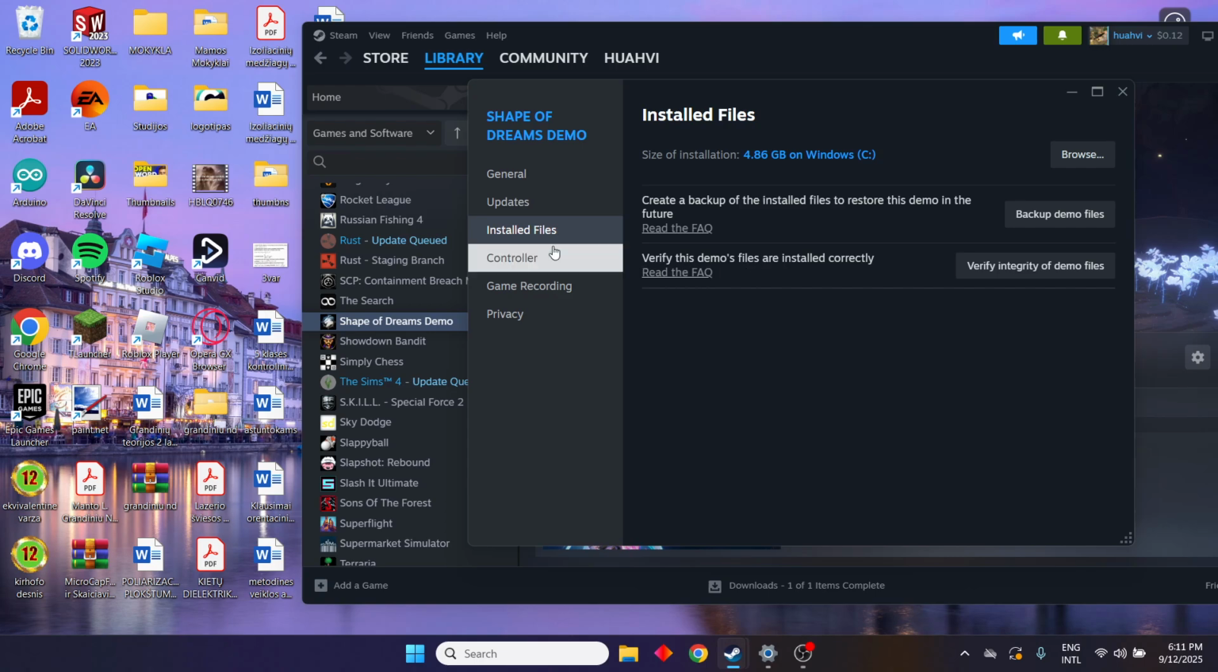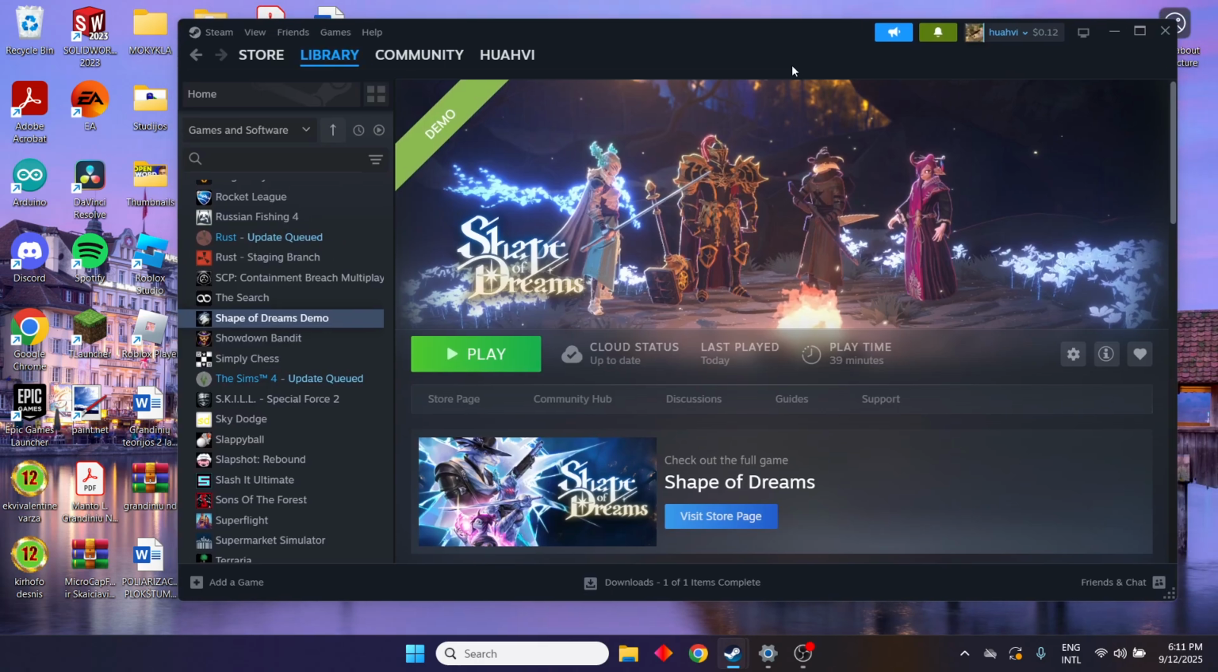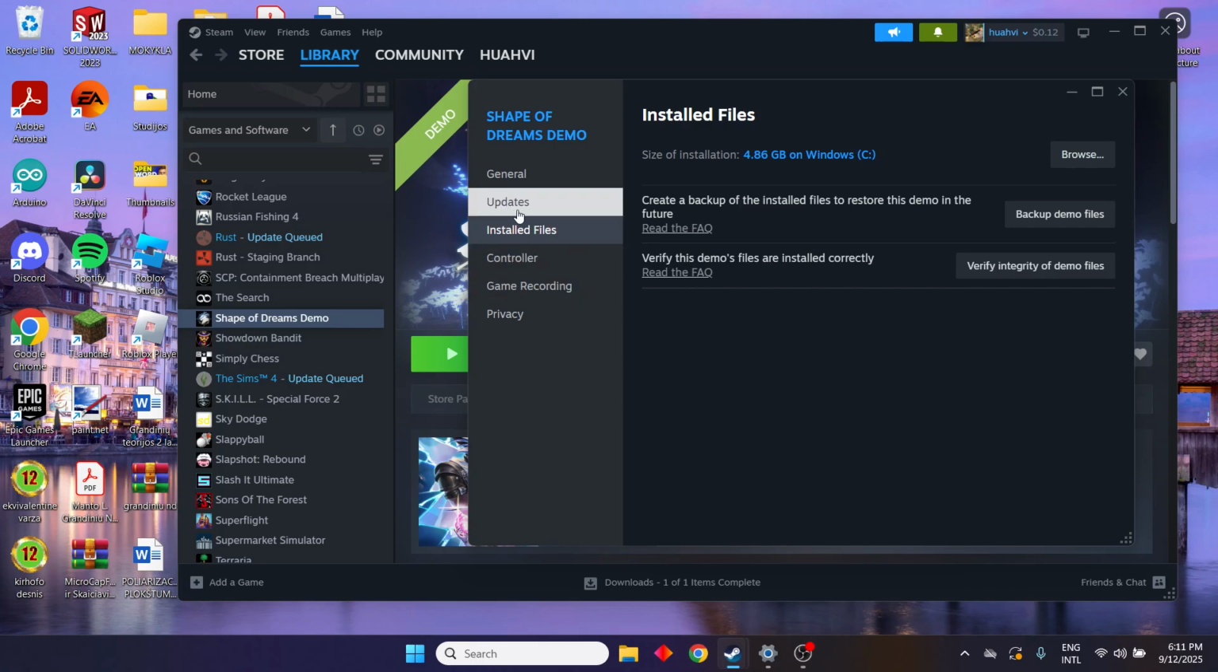After that, what we want to do is verify the integrity of game files. So it will be for you verify integrity of files. So verify those. And if that still doesn't help, make sure to go to the properties, and right here where